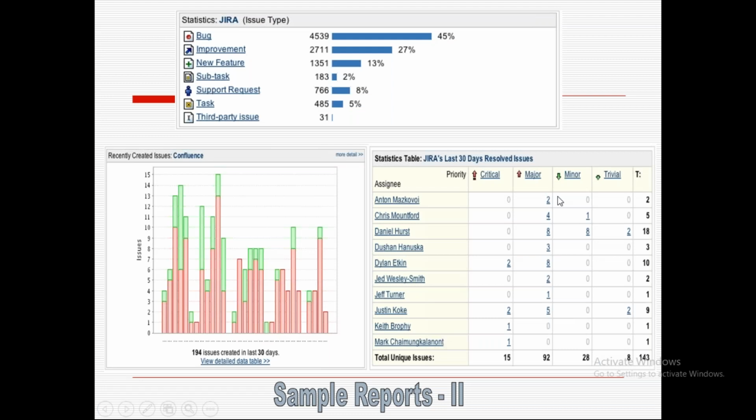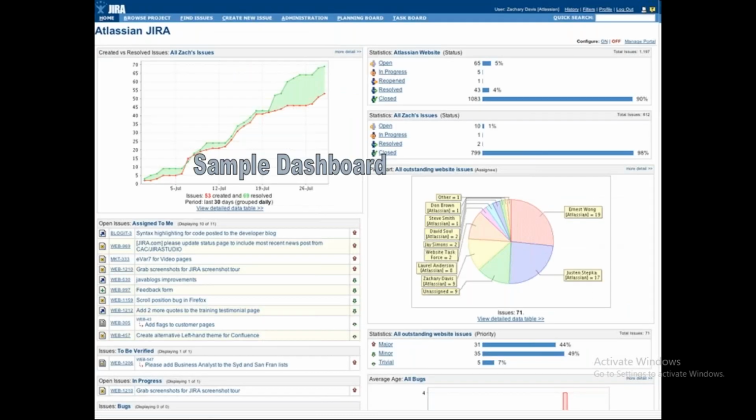So you can create dashboards by using Jira. What is a dashboard? It gives you different views of the system. For example, this is a pie chart. This can be used to showcase how many major priority, minor, critical, trivial priority issues are there. Or here it is presented in such a way that how many items are assigned to each person, may it be developer, may it be tester, that is presented in the form of this particular pie chart.